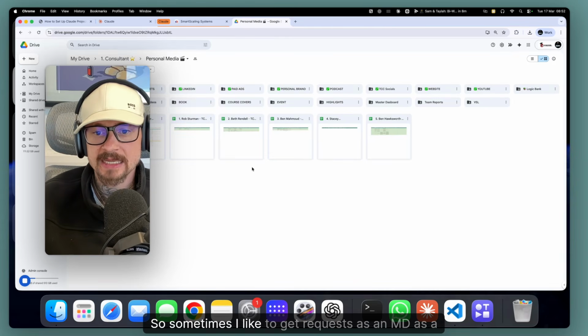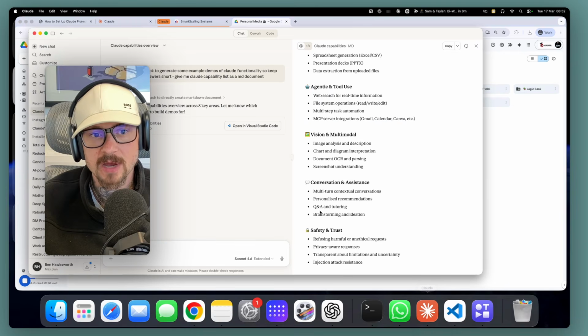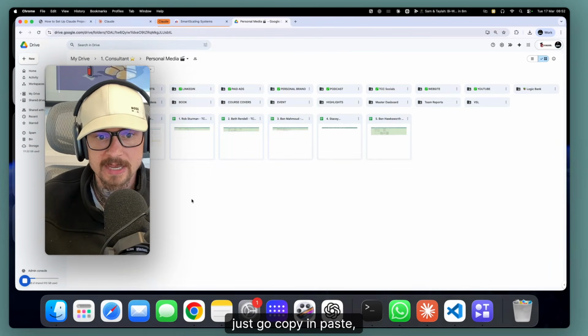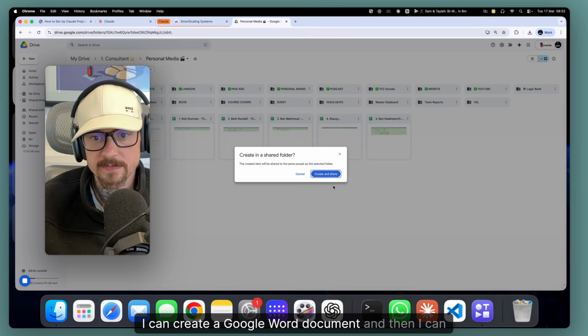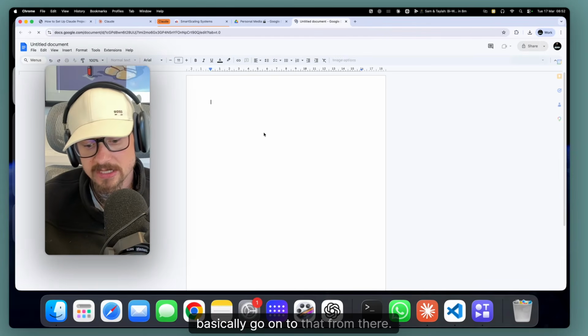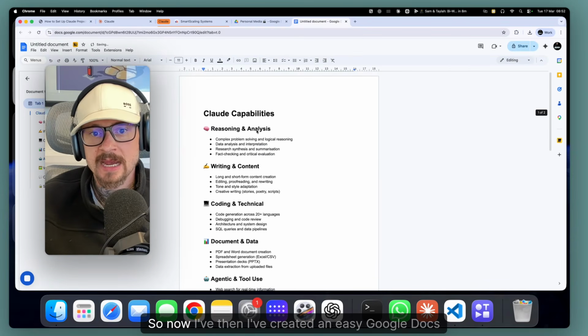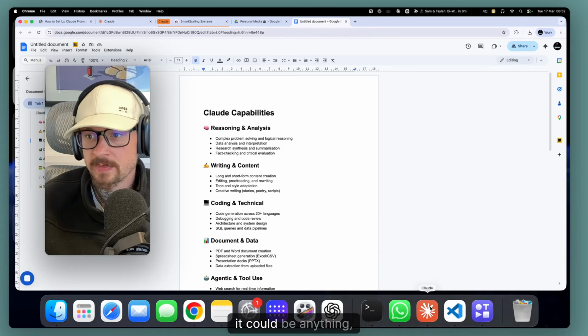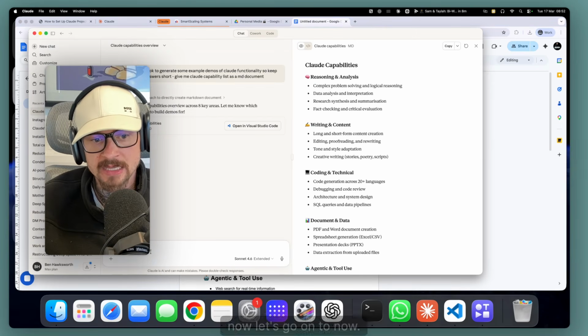So sometimes I like to get requests as an MD, as a markdown document, because it means that I can literally just go copy, paste, I can create a Google Word document, and then I can basically go on to that from there, right? So now I've created an easy Google Doc. That could be an SOP, it could be anything, right? So from that point, now let's go on to